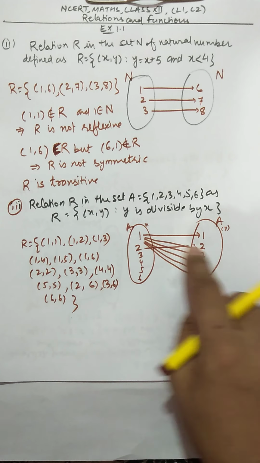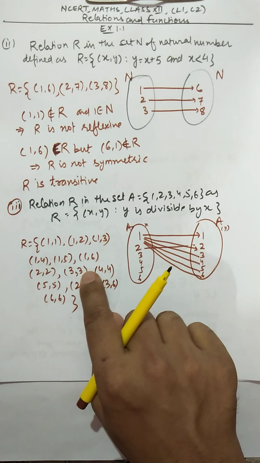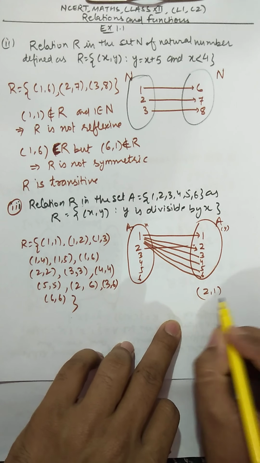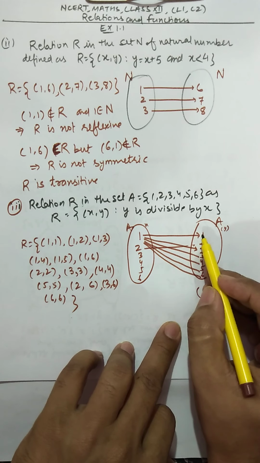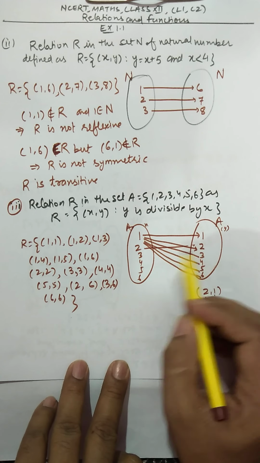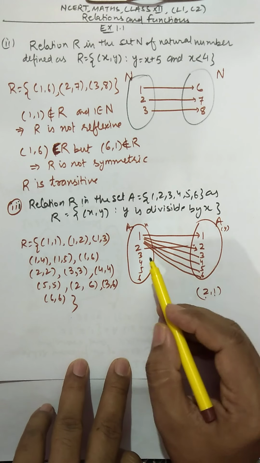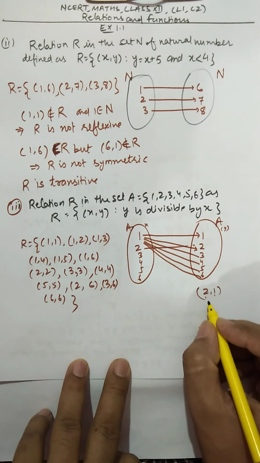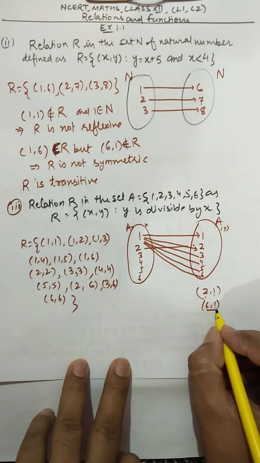So all have come. Now next, 2 is divisible by 1, it was already there. Now (2, 1), if I say (2, 1), it means 1 is divisible by 2. So this 1 cannot be connected to this 2. So (2, 1) is not there. (2, 2) can be there, 2 is divisible by 2. Then (2, 4), (2, 3), (2, 5), (2, 6) cannot be there. (3, 3) can be there, (4, 4) can be there, (5, 5) can be there. Then 6, (6, 1): if I write (6, 1), it means 1 is divisible by 6. So this is not there, and it is not possible.